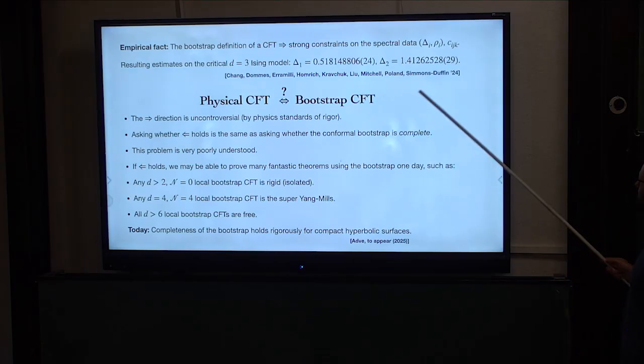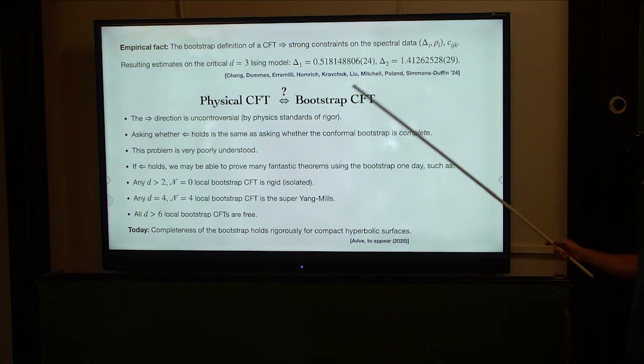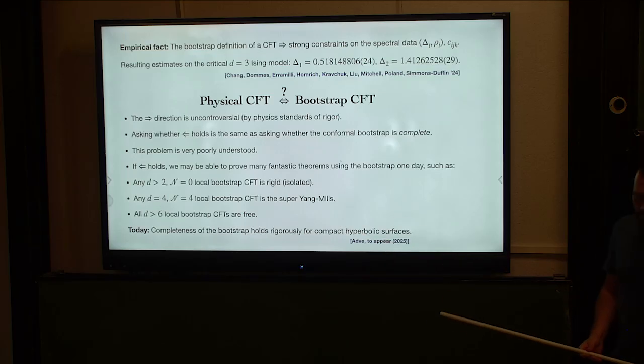So at the moment, there are 7 decimal places from the work, my paper from last year. I'm told that the authors have since added at least one more digit to these numbers. So this really just follows from the definition and some rough assumptions like only 2 relevant operators, there was Z2 symmetry and so on. So it's very impressive, but